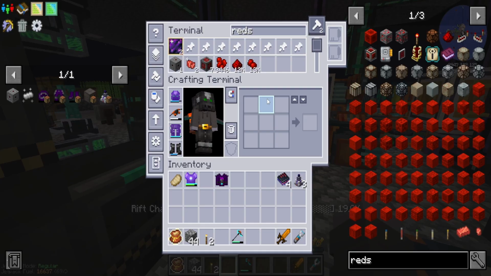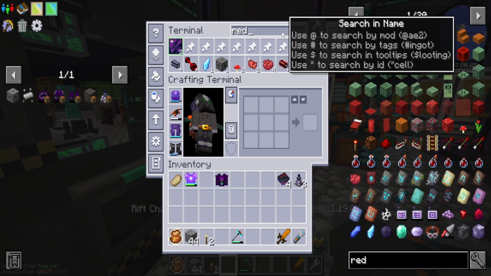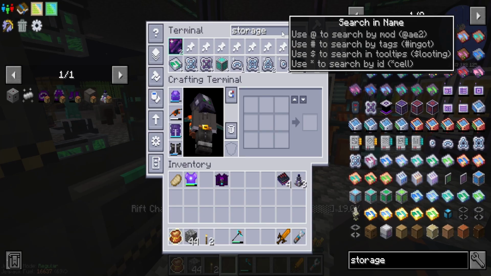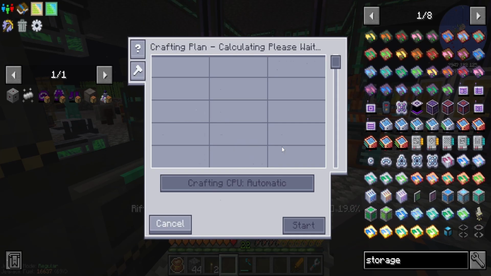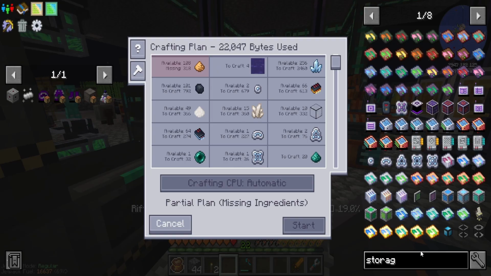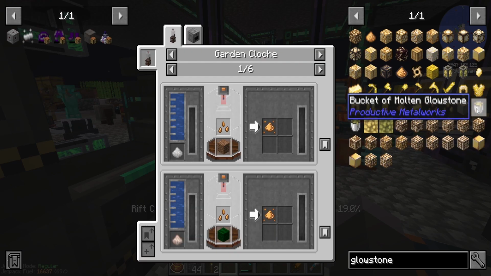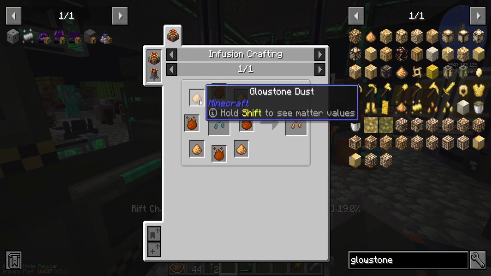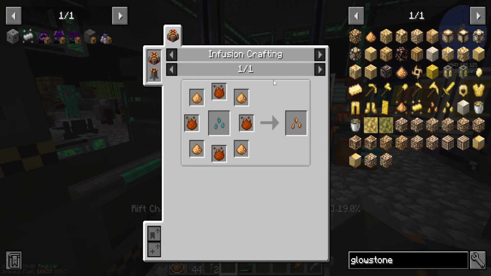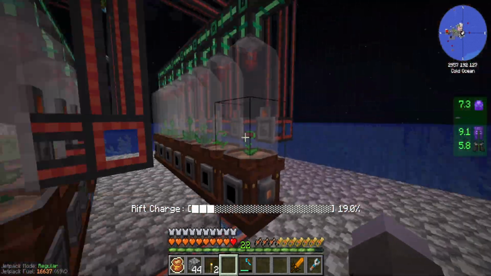So what were we trying to craft? We were trying to craft the quantum storage components. Now we need the glowstone. Let's see. So probably, if we're going to need a lot of glowstone in the future, we can grow it. As you can see, it takes a glowstone seed, 4 glowstone dust, and a charged void flame seed. So it might be pertinent just to take out,